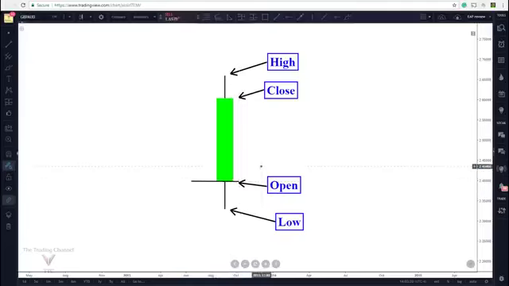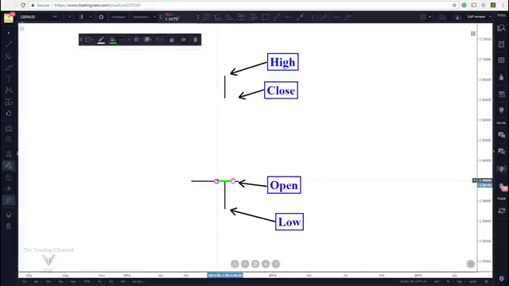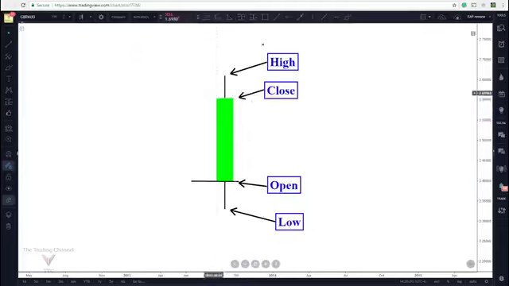Now what happens after the open is shown by the shadows or the wicks, which are these black lines here, and by the close of the candle. The shadows and the wicks represent where price action went. So in this case, we would have had a candle that started here at the open, pushed down to the low, then back up, and then past our close to the high of the candle, creating that wick, and then back down and closing at the end of whatever time frame you're looking at to create the close of the